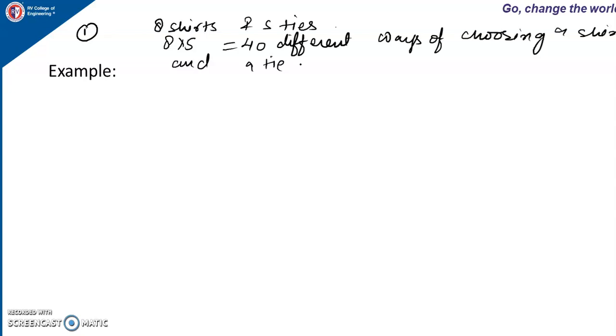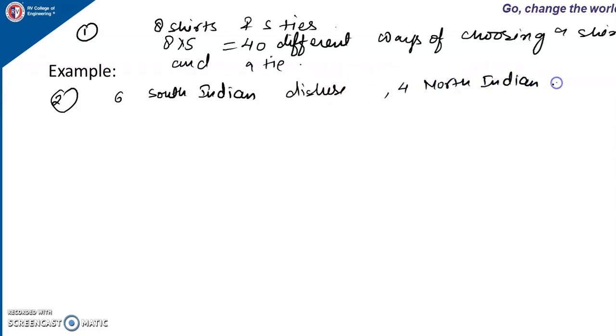Let's take another example. Suppose a restaurant sells 6 South Indian dishes and 4 North Indian dishes, and 3 hot drinks and 2 cold drinks. And then for breakfast,